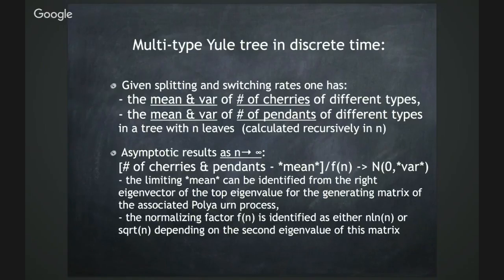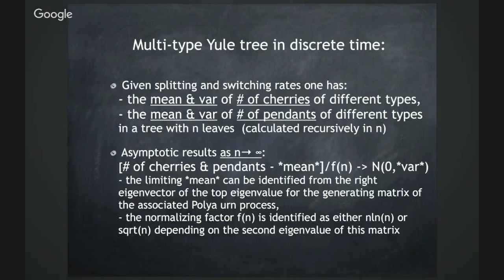One can start looking at what happens when the number of leaves is large. So if one looks at asymptotic results as the number of leaves grows, one can obtain a central limit type theorem result that is similar to, but more complicated than, the result one has for the number of cherries in a single type tree. In this case, one has this result where the number of cherries and pendants minus the limiting mean, divided by a certain normalizing factor, goes to a vector valued normal distribution with a certain limiting variance. The reason everything is vector valued is that you have this k choose 2 number of cherries and k squared number of pendants, so you put them all in one vector, and that's how you end up with this covariance matrix, etc., for